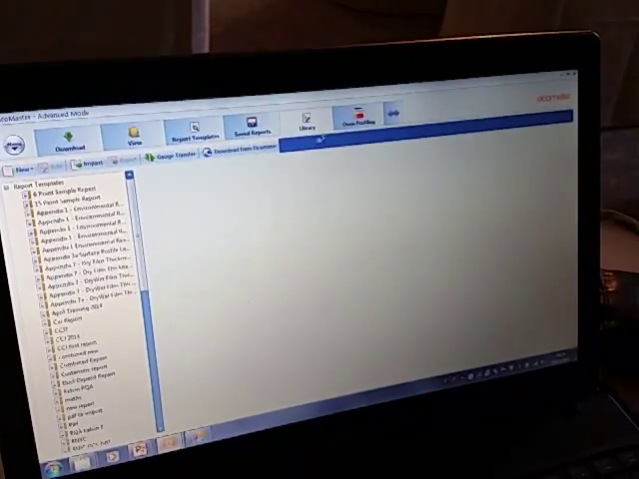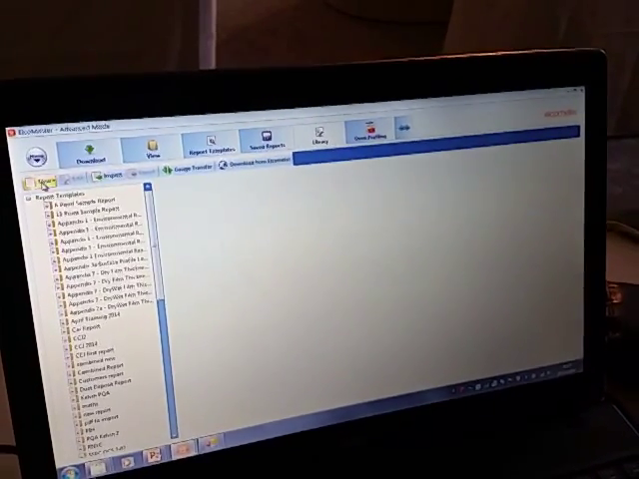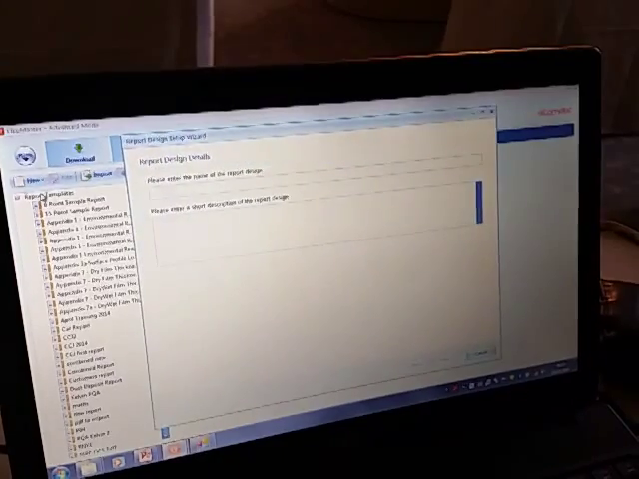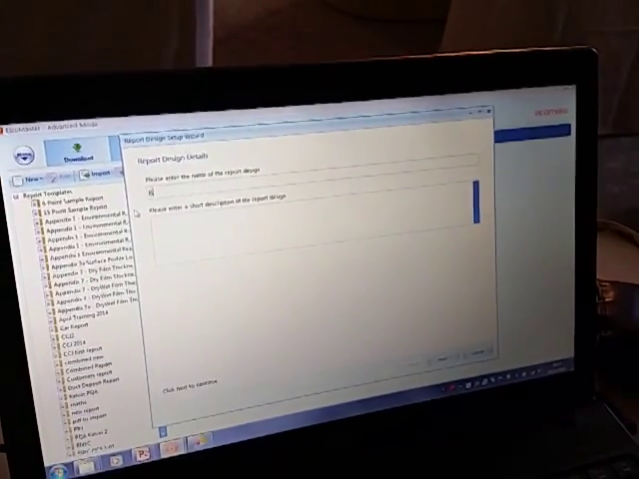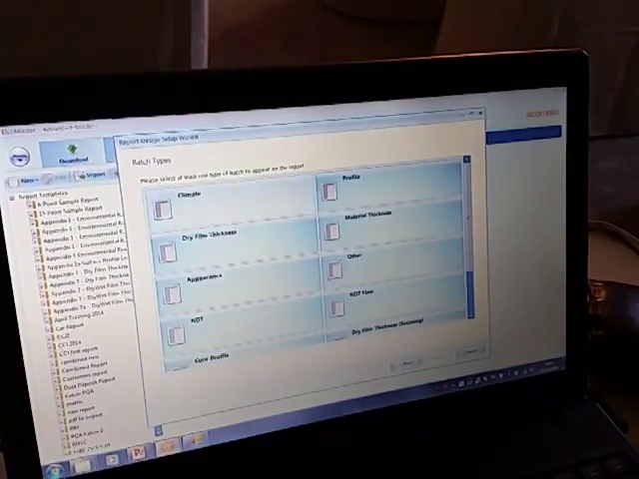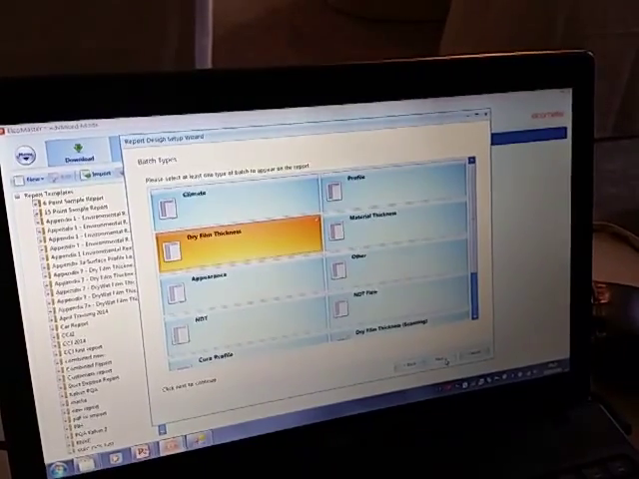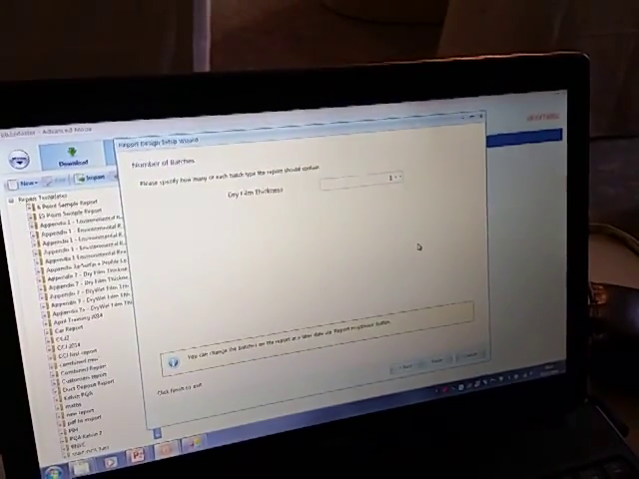So this is Elcomaster 2. I'm going to work from the library screen. This is where I create my templates. I'm going to create a new template for a report design, and I'm going to call it BAMR. Step through the wizard. I can choose which type of batch I want the report to have on the report. So I'll select dry film thickness, and I'm going to have one dry film thickness batch to go into this